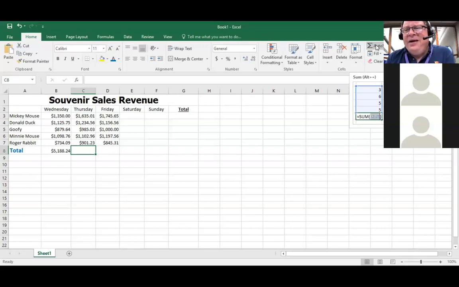The Autosum button here is set for sum, but if you click on the drop-down, you can also do an average, you can count numbers, you can find a maximum in the group of numbers, you could find a minimum in the group of numbers. And by the way, we'll cover these in the Microsoft Excel 3 class if you decide to attend that class. But for our purposes right now, I'm going to go ahead and deactivate this drop-down. I can just simply click on Autosum right here. And when I do,